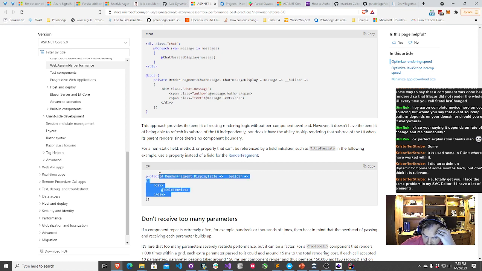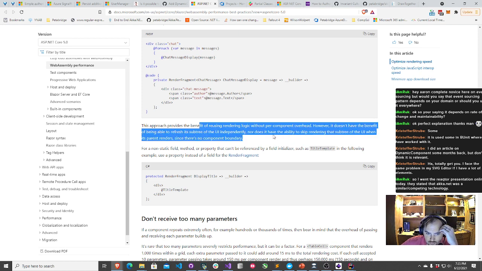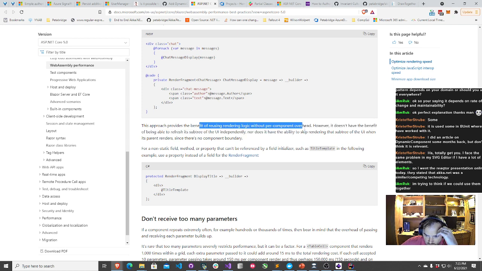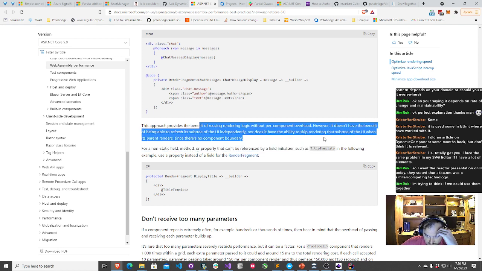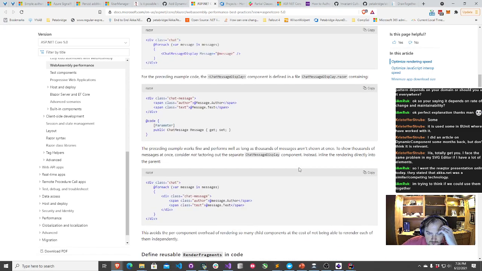Protected display title. This approach provides the benefit of reusing render logic without per-component overhead. However, it doesn't have the benefit of being able to refresh its subtree of the UI independently, nor the ability to skip running, since there's no component boundary. Okay.